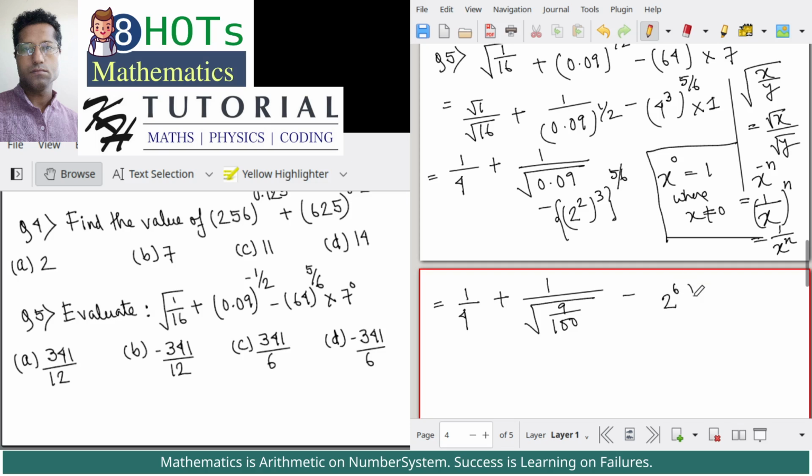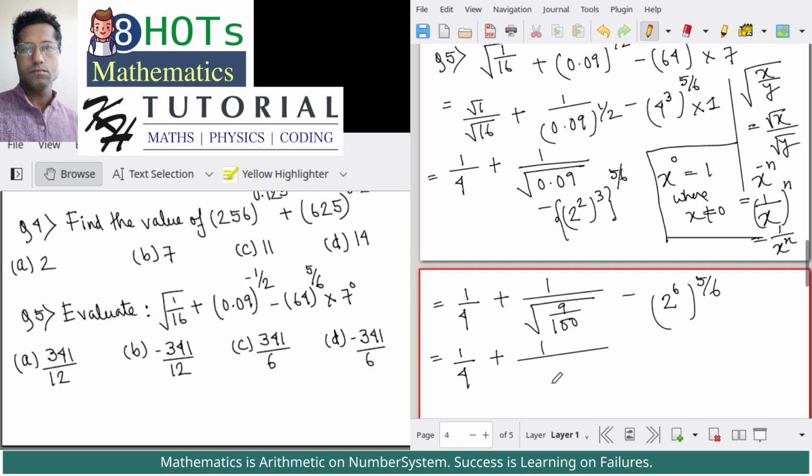So we have (2 to the power 6) whole raised to the power 5 by 6. Now I can see the power 6 multiplied by the power 5 by 6 will give 5, which is an integer. Okay, so this is equal to 1 by 4 plus 1 by square root of 9